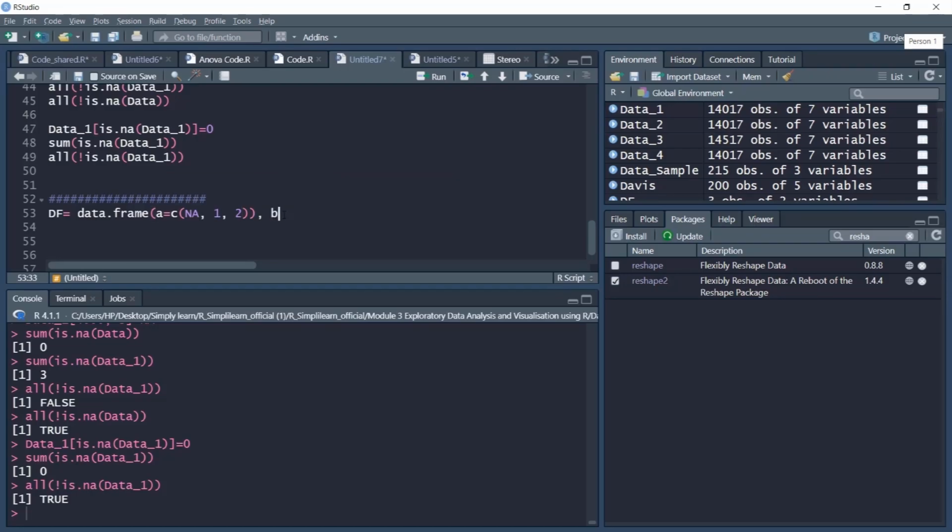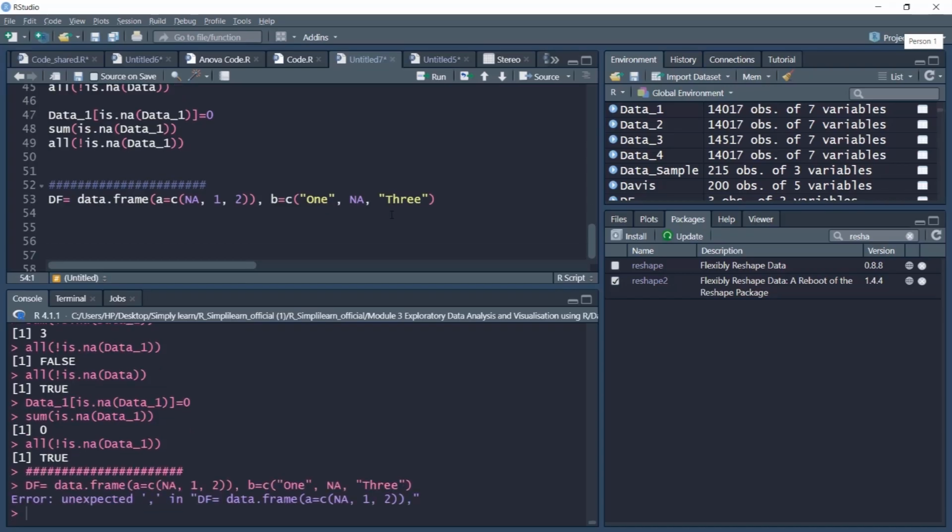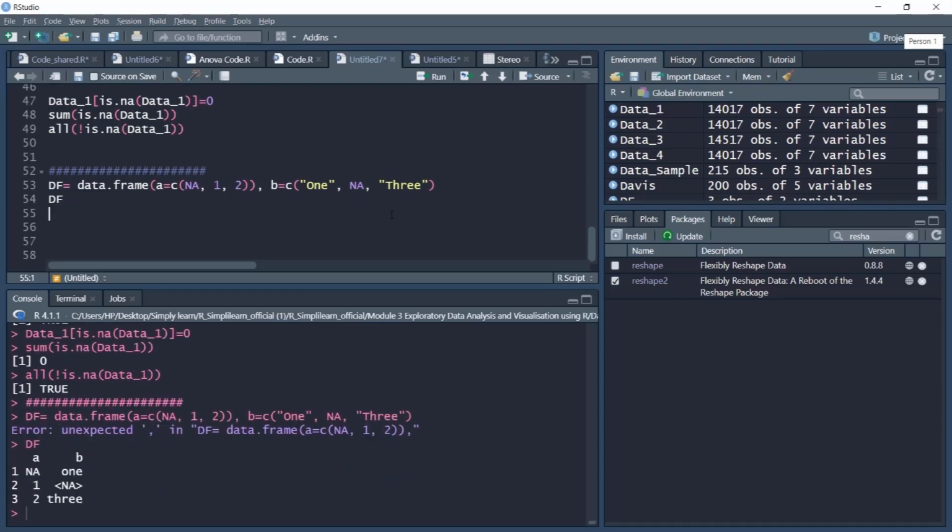The next element B is another character vector which contains 2 characters, one NA and another character. So this is another vector, and the combination of these vectors is provided in the DF data frame. So we can see what is in DF. It carries 2 NAs. One is the numeric variable NA and one is the character variable NA.